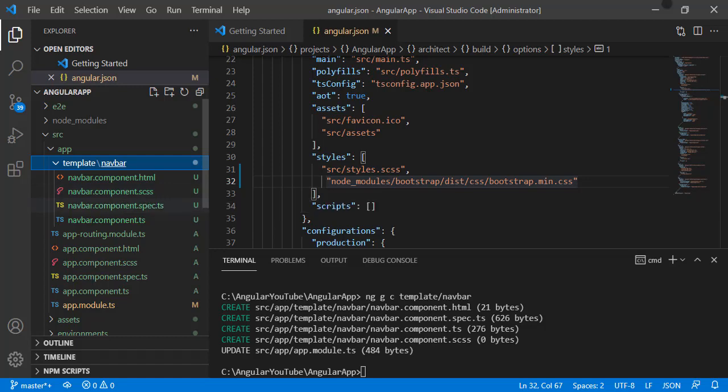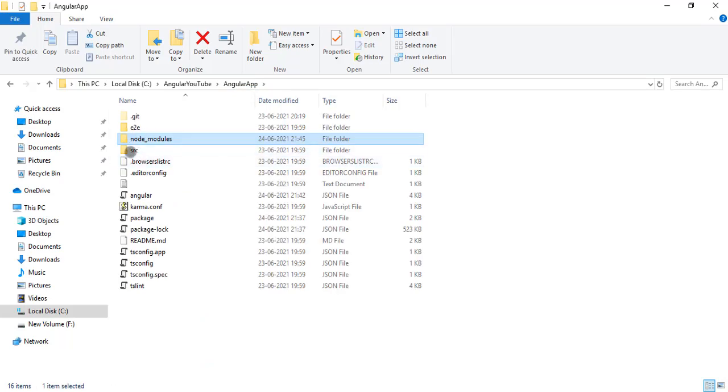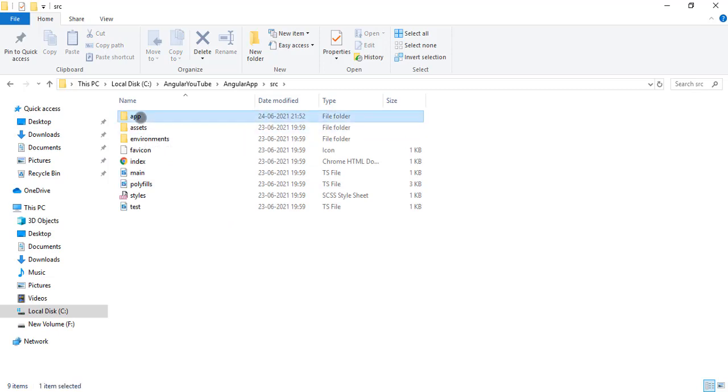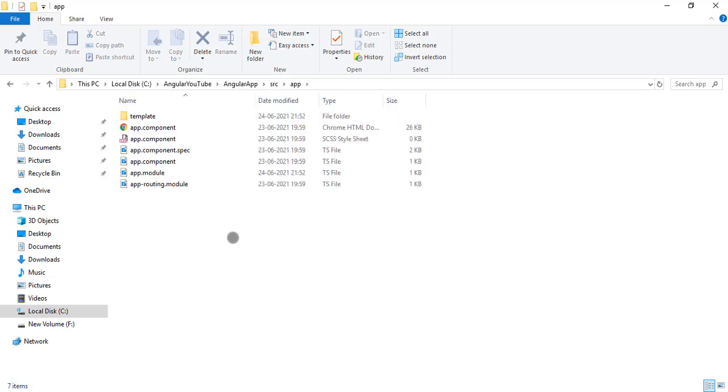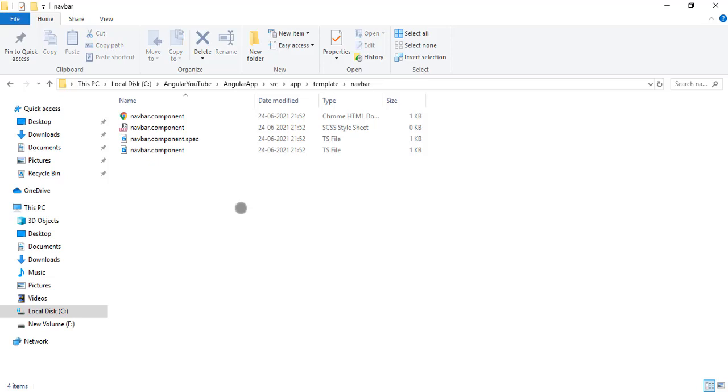So if you go to my Angular application, I'll go to my src, and then I'll open this app folder, and then the template folder and navbar folder. You can see here these 4 files that I described in Visual Studio Code. Here you can see these physical files: a CSS file, an HTML file, and 2 TypeScript TS files. Okay, now what I'll do next is,